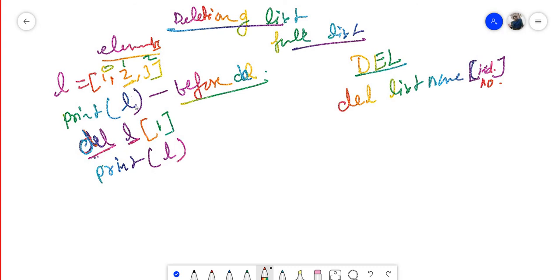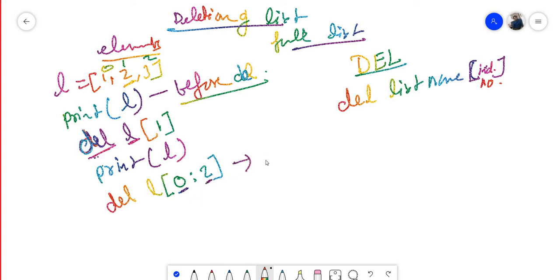Now suppose you want to delete the first two elements. Then you write del L within a square bracket 0 colon 2, meaning the first two elements. This is the initial location from where the elements will be deleted, and up to the number of elements which will be deleted.